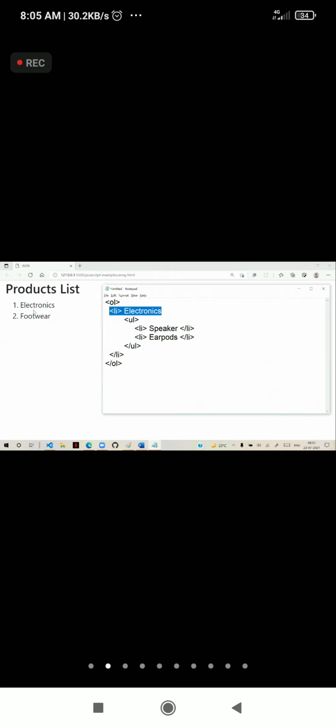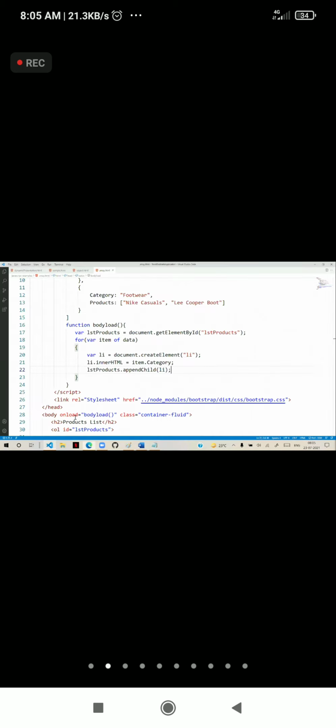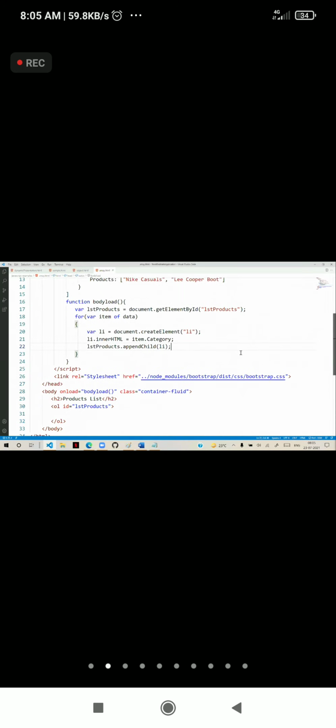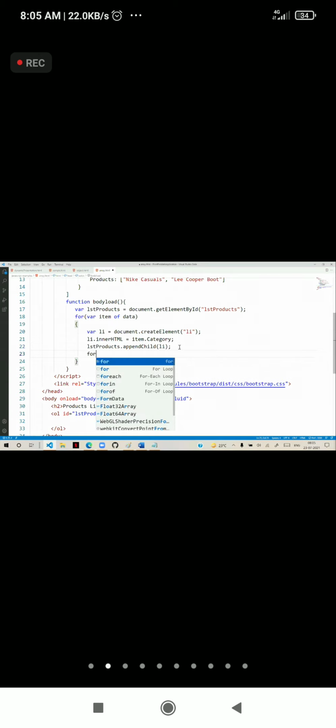Now inside this, again, we have to create an unordered list for every product. So here item has a products array, item.products. It's an array. Then we have to write one more for here.